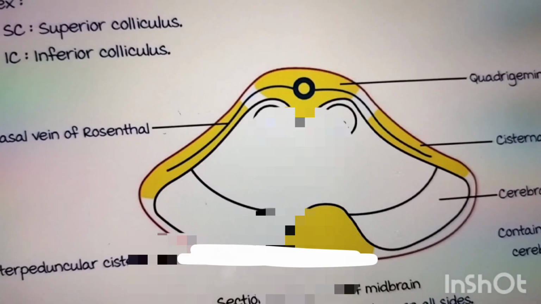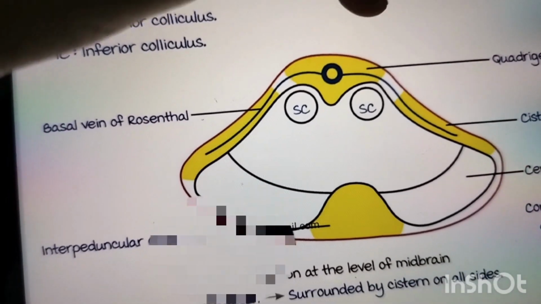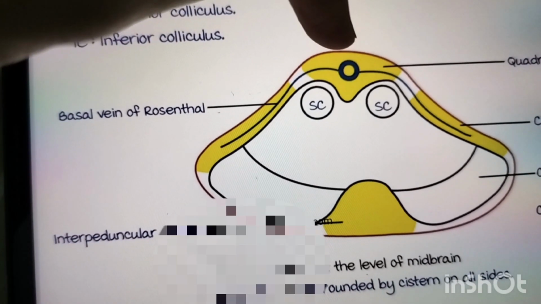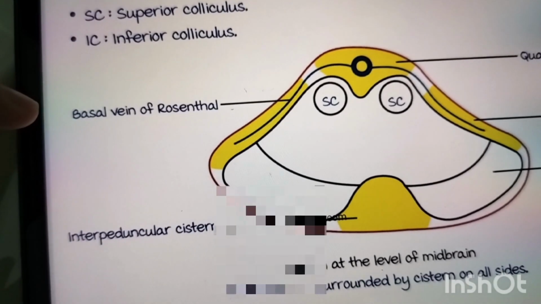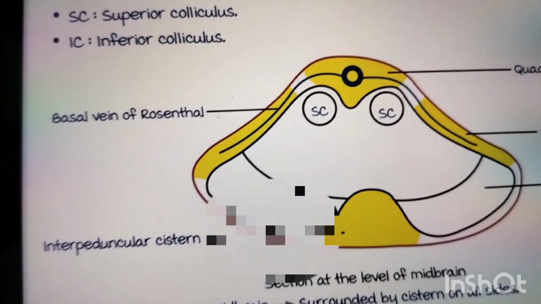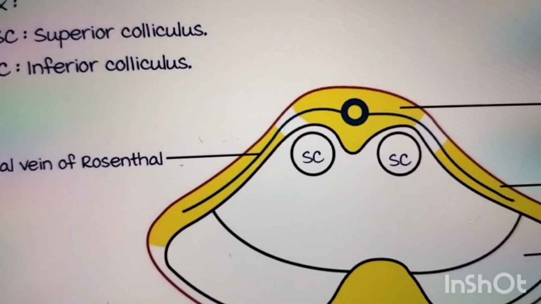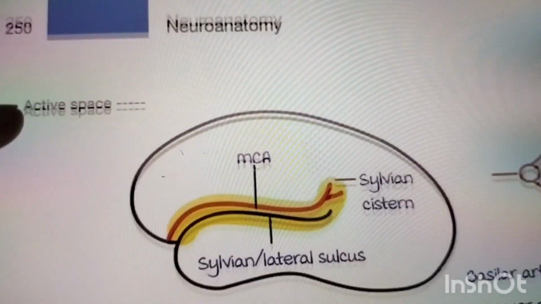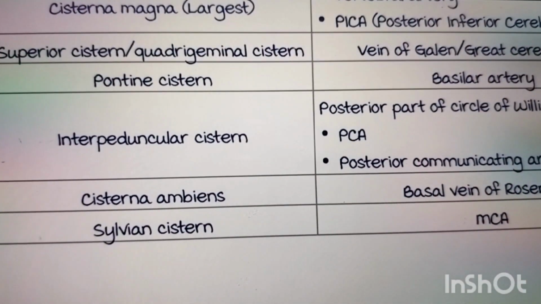In this picture we have discussed the content of the quadrigeminal cistern, that is the vein of Galen. In the cisterna ambiens, the content is the basal vein of Rosenthal. But we have not seen the content of the interpeduncular cistern, that is the